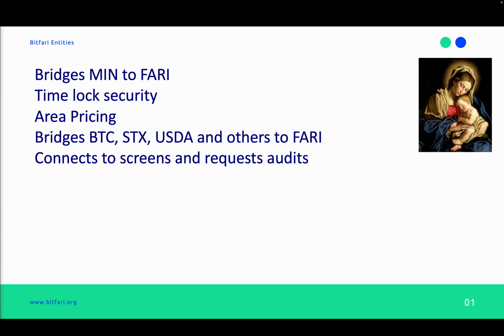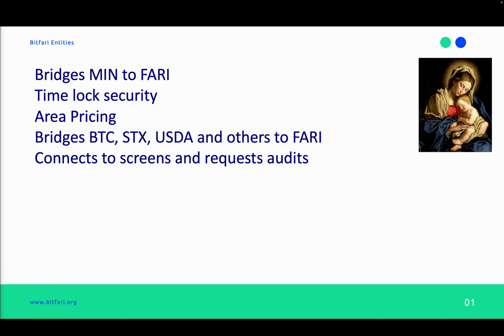It's paid using time lock security, so the money that is released is the money that the network made in a time period, so there's no possibility of taking money out, because first you have to know how much the network made at a given time, which is not public information, and then second, you have to know which nodes, which area made that money, and then you have to provide the mint tokens that are the proof that the work was done, and then they get exchanged to Fari. So fraud is impossible here.